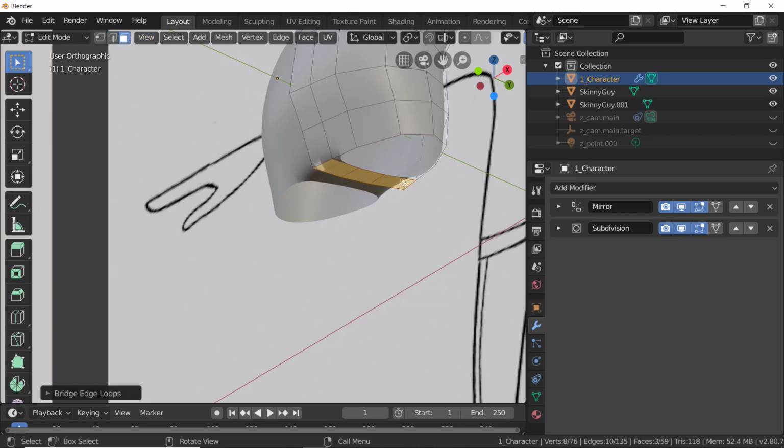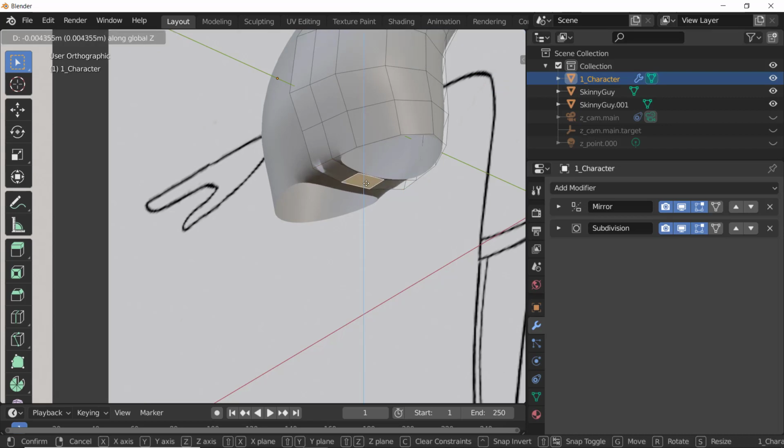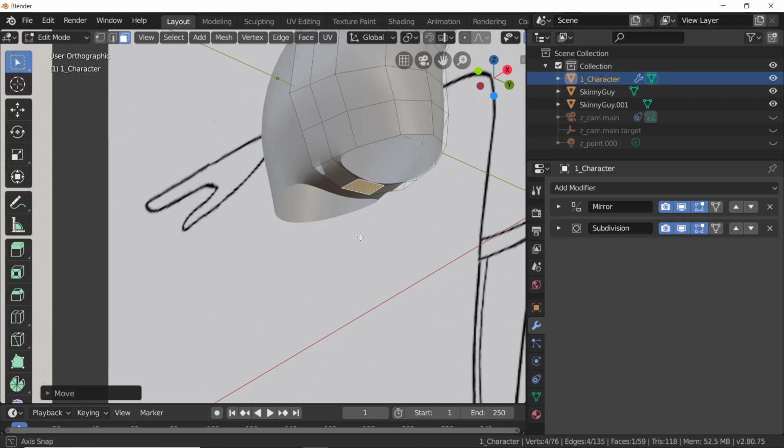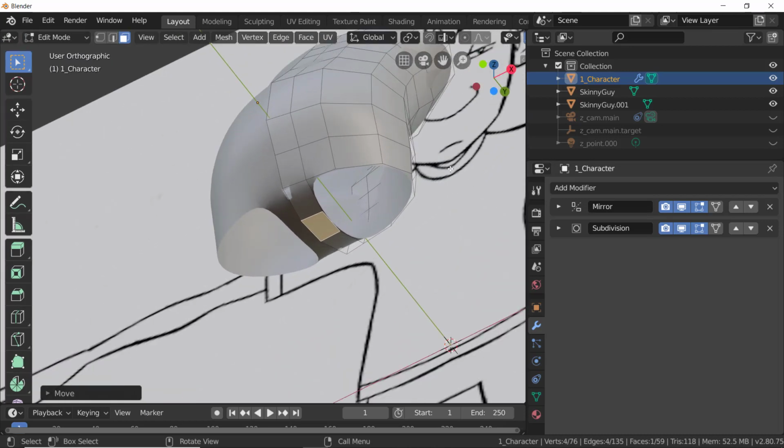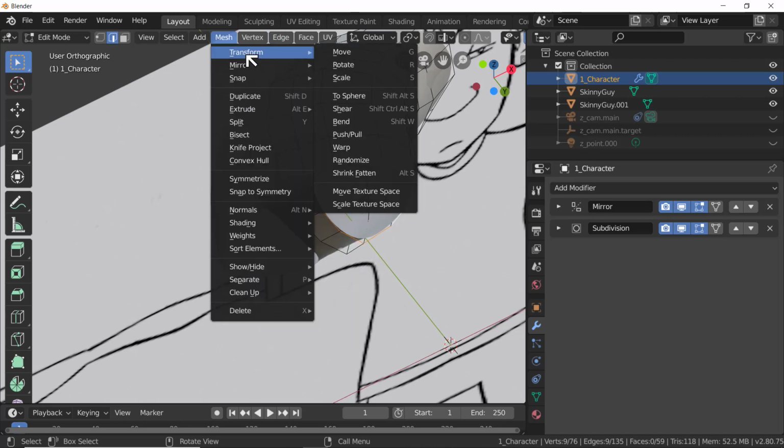Just go to face mode, select this, GZ, just pull it down a bit. That looks pretty good. We can change this all later, but now in edge mode, let's select this edge loop around the top of the legs. Alt, click, nice edge loop. And we need to make this more circular. We need to reduce the triangulosity, as it were. So, edge, transform